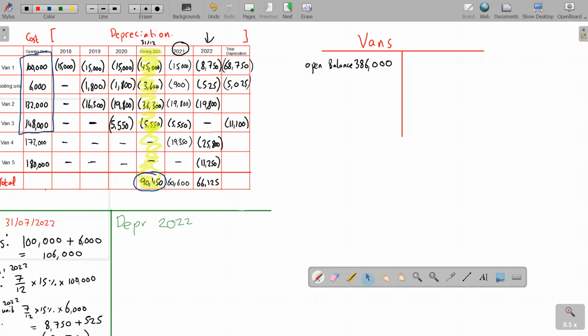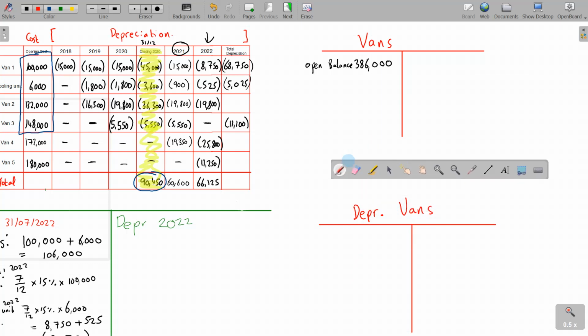So let's make a depreciation of vans. So we can treat depreciation of vans as two things. We can call it a liability. It isn't, but it does the same thing as a liability does, or we can say that it reduces our asset, so it does the opposite of what an asset does, which is probably a better way of thinking about it. So our opening balance